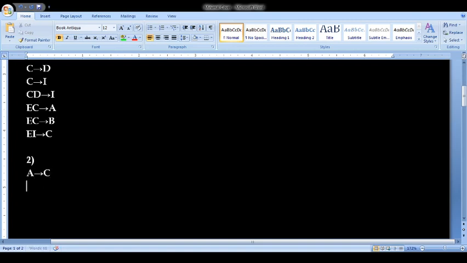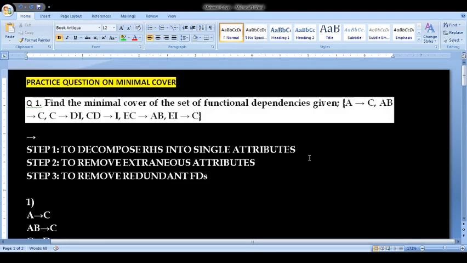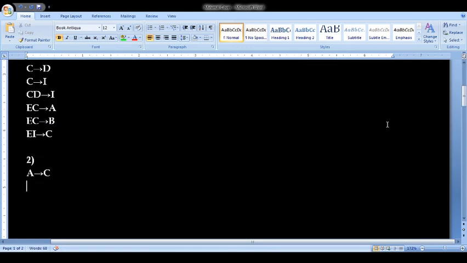A implies C. Next is AB implies C. To find the extraneous attribute in AB implies C, first we'll find A closure. A closure is equal to, first, the element itself.